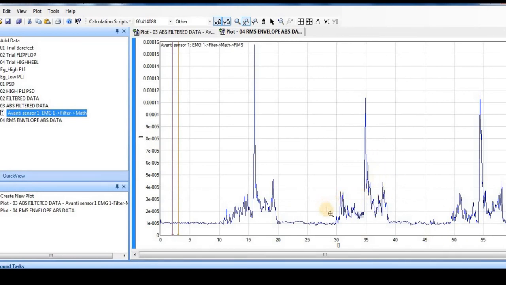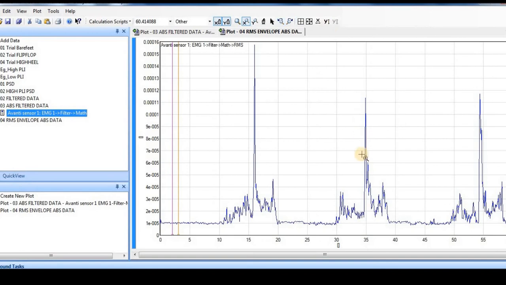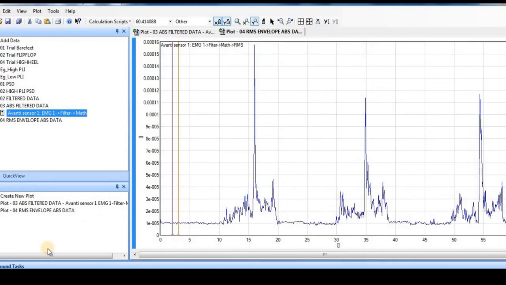In the same way, if we want to see any event on the amplitude, we can also do that. I'll now expand it on the y-axis, and you can see we can zoom and gaze at any part of the plot, and if we want to come back, this is my original complete plot.